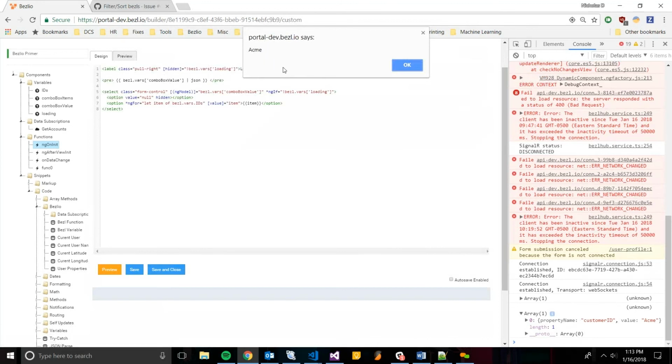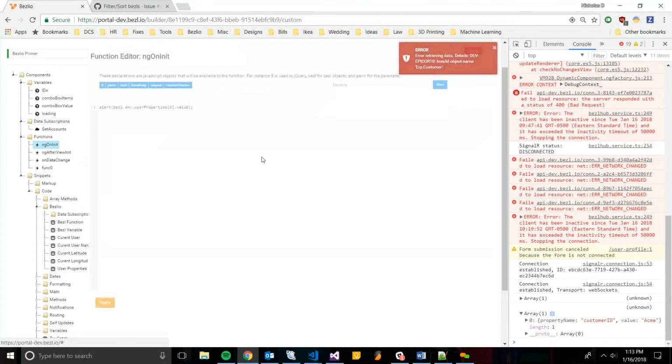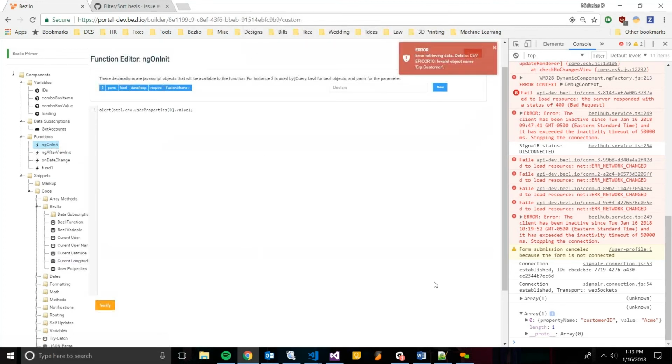So there's our Acme value. Without really knowing its placement in that array, it's kind of difficult to pick which index you would want. So you could